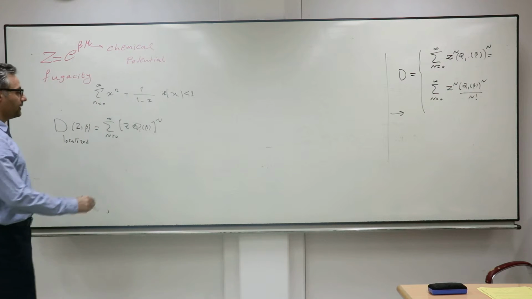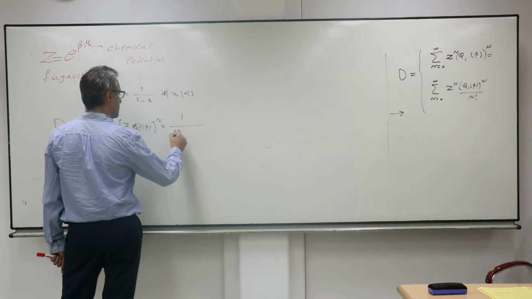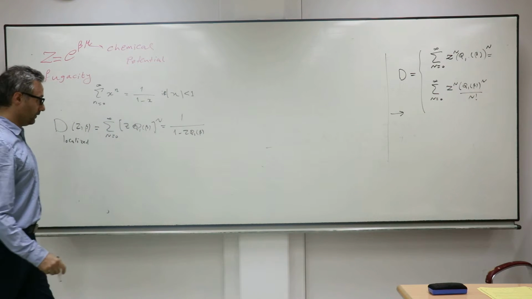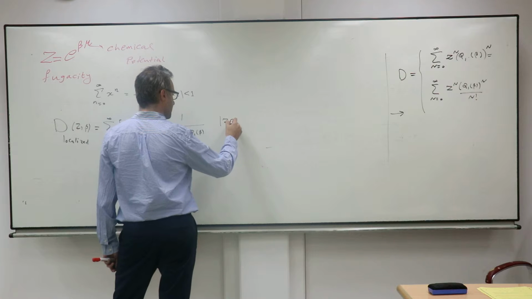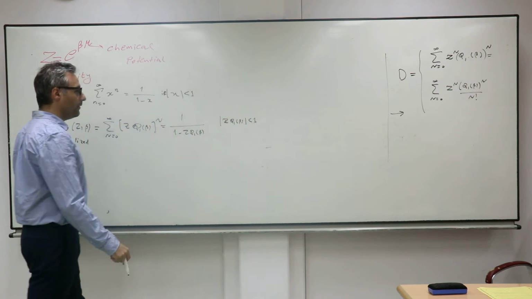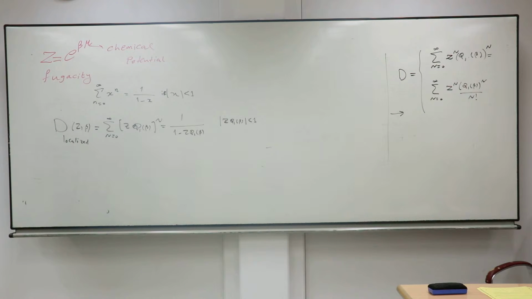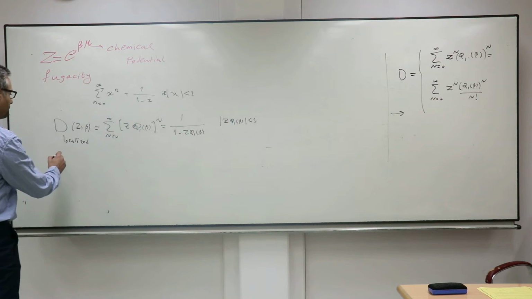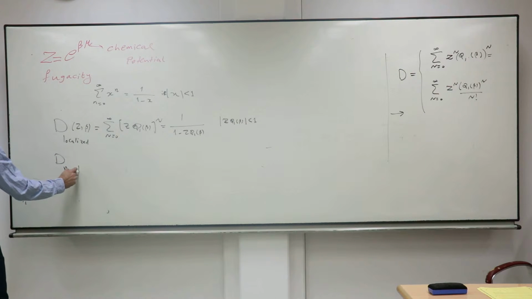And this is like x^n, so it converges if and only if the absolute value of z q1(beta) is less than 1. The problem of convergence here is still important because we don't know whether the absolute value of this will be less than 1 or not. But anyway, we suppose that it will be satisfied by some requirement. And for non-localized, you just